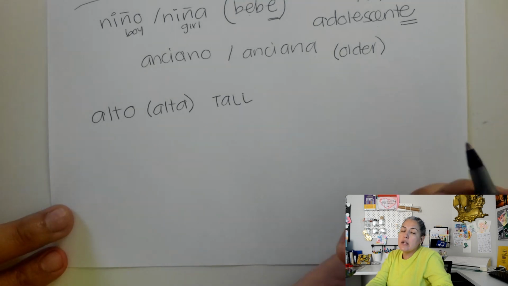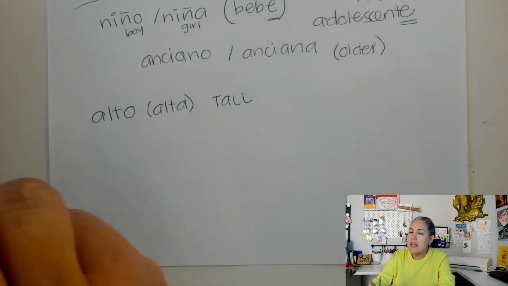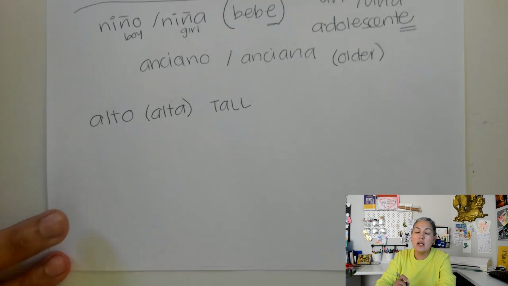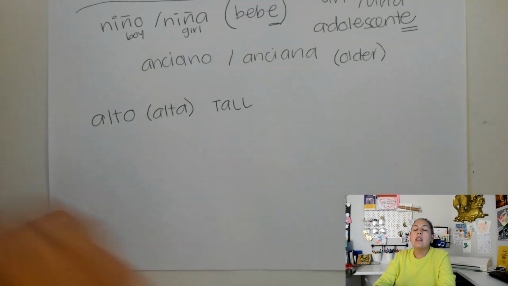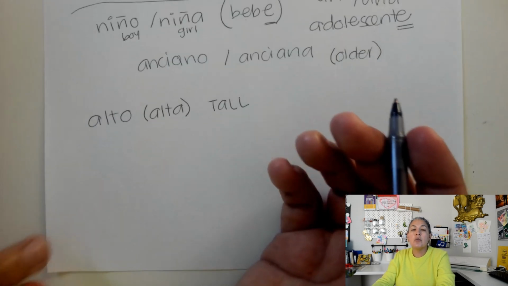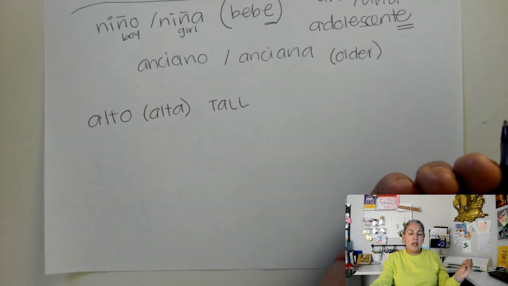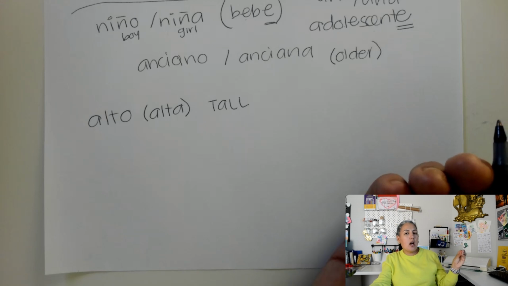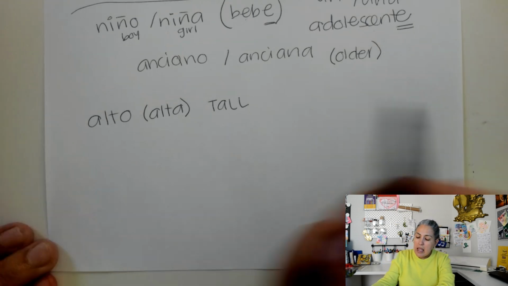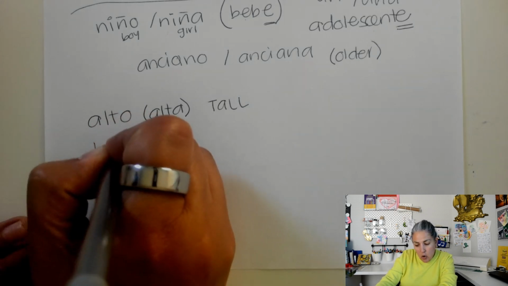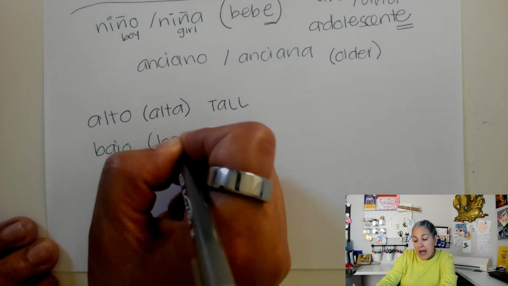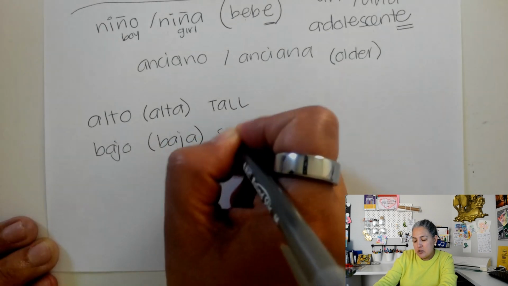In Spanish, every word has a gender. If they end with an O, most of the time they're talking about a boy, a guy. If they end with an A, they're talking about a girl. All the things have a gender too. So you would have to know what's the word because it has to match what you're talking about. Alto, alta. Bajo, baja if you're a girl. This means short.